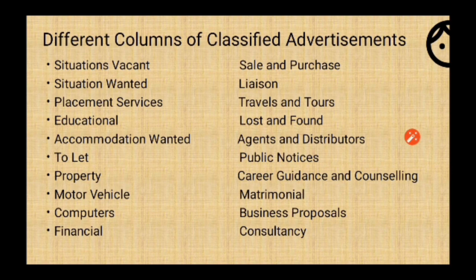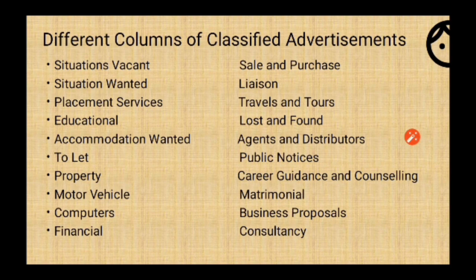Situation vacant means the institutions are telling that this many situations are vacant in our institution, so they are asking the employees to come and join. Whereas situation wanted means the qualified people are advertising that they are this much qualified, and if any job opportunity is there, please call me. Now the third one, placement services,